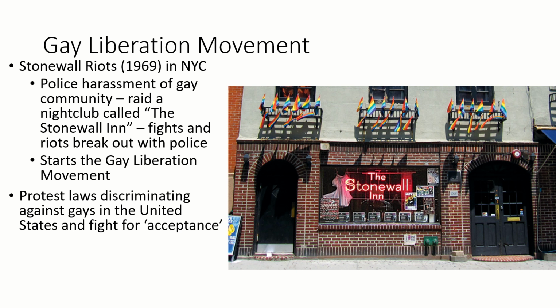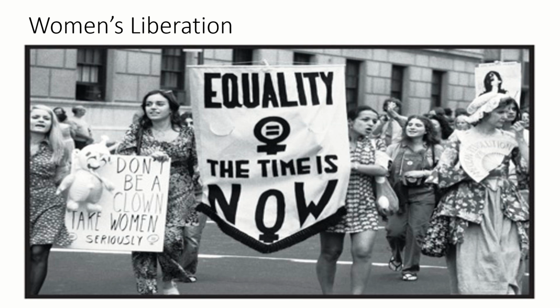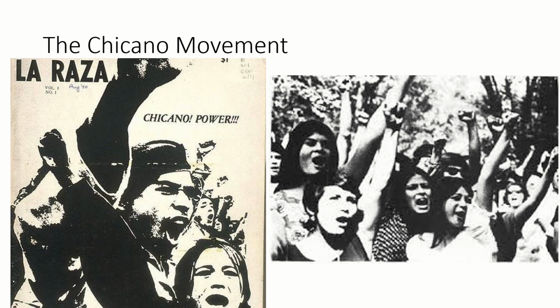And so what this is going to do is turn into an organized movement to protest laws and to fight for cultural acceptance in the United States. And so Stonewall began to become the image of resistance. And so, again, sometimes you need a big event to organize around, and Stonewall is going to kick off the long gay liberation movement in American history. The women's liberation movement is also a piece of this same time and place, as well as the Chicano movement, which is going to be predominantly in the American West and Southwest.